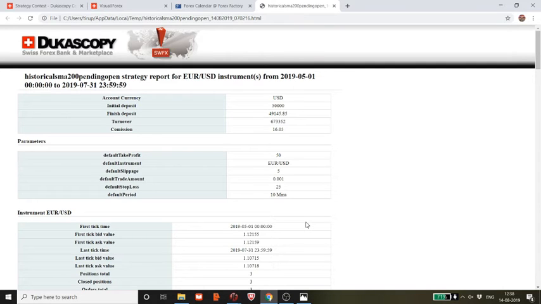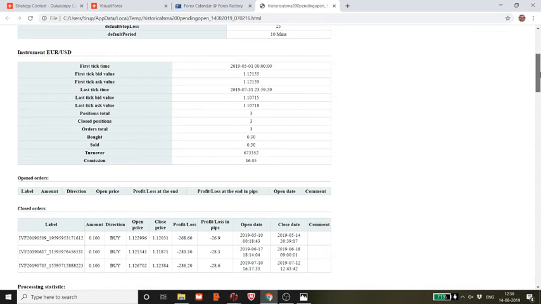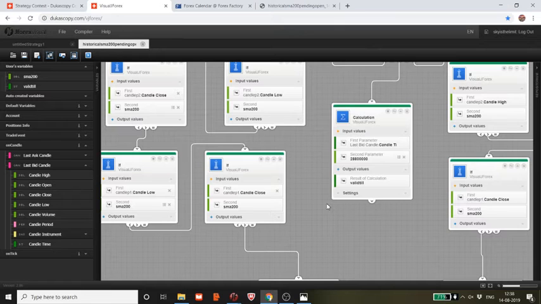200 may not work. Strategy has opened three trades and three of them are in loss. 49,145 is the closing balance. So all the three are in loss. Now we will need to do some more improvement in the strategy, and what we can do,